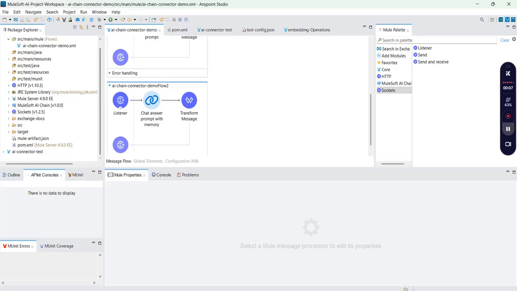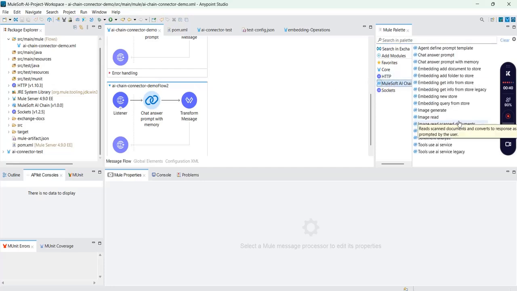And as part of our AI Chain Connector videos, we have discussed a couple of operations so far in the previous two videos. So in this video, we will be discussing a couple of operations related to image generation. If you missed the previous videos, please watch them first in my playlist, then come here, because all the basic connector configuration I have covered in detail in the initial videos. Now in the MuleSoft AI Connector we have a couple of image related operations, like image generation, image read,